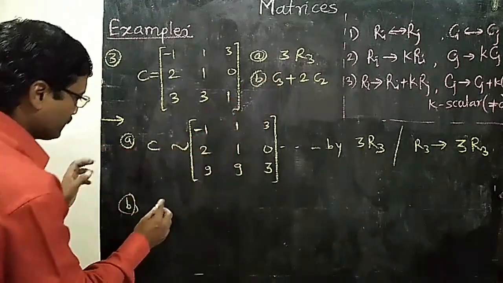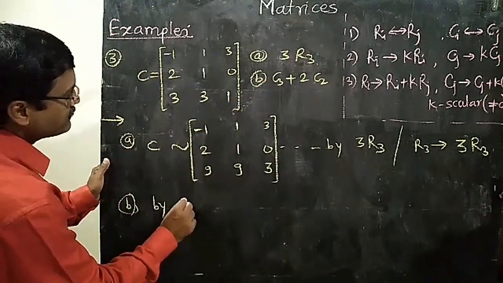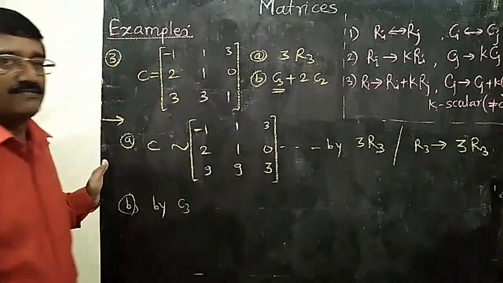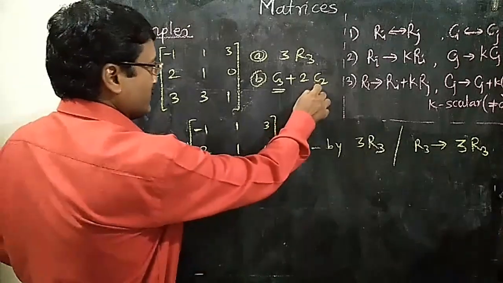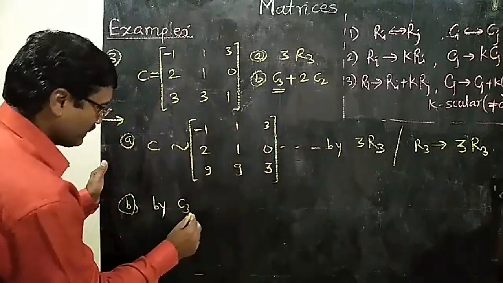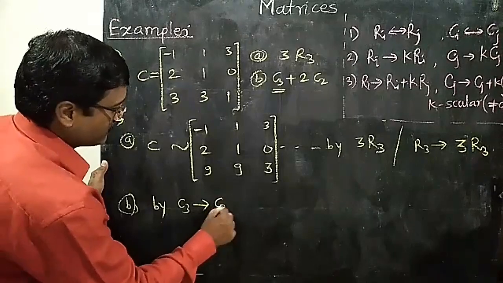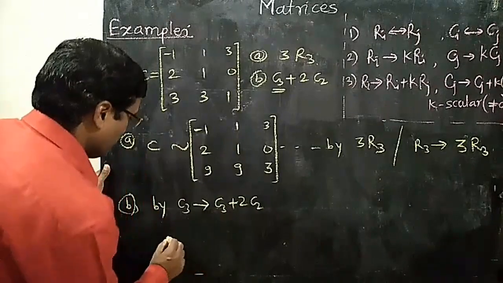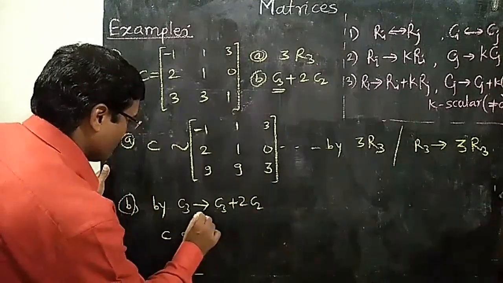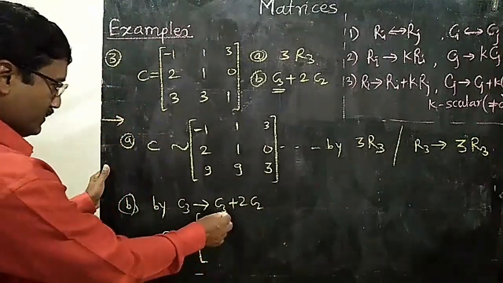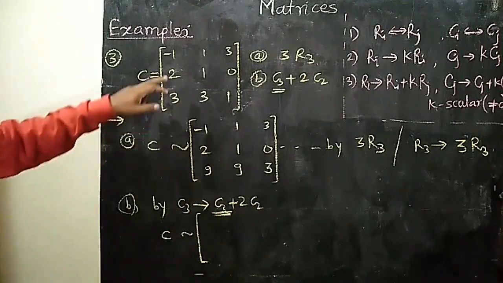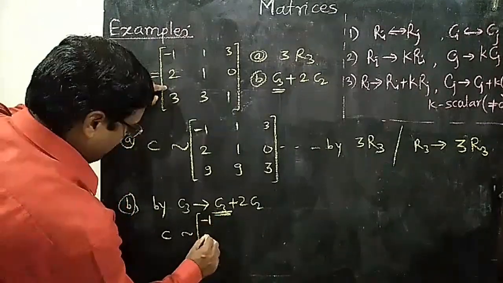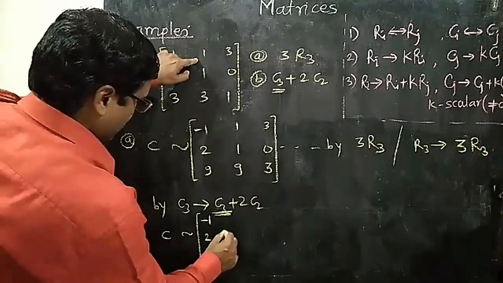Otherwise, write the operation first, that is by C3. Now in this case, C3 will get changed because it is written first, and there is no change in C2. So we can write here C3 implies C3 plus twice of C2, and by this operation we get matrix C equivalent to the matrix, as there is change in only C3. So the first column and the second column remain as they are, that is minus 1, 2, 3, 1,